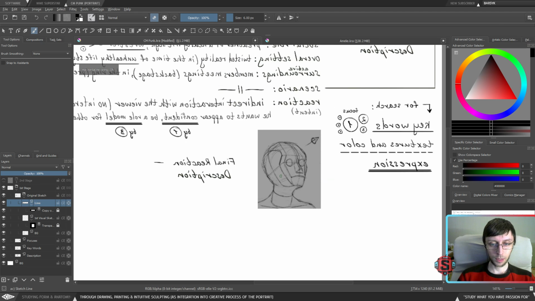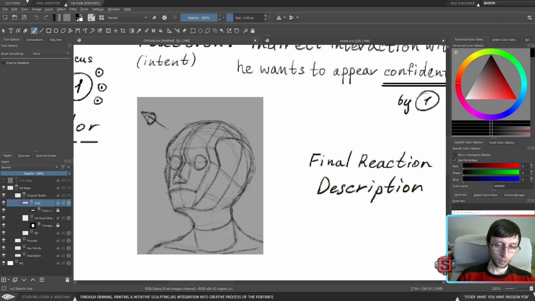This is definitely going to be an unusual angle, and because of this unusual angle, it's going to be a hard one to realize, I believe, which is a good thing, because it's good when you have challenges. The whole point behind these portraits is to study and to make yourself better, to push yourself further and